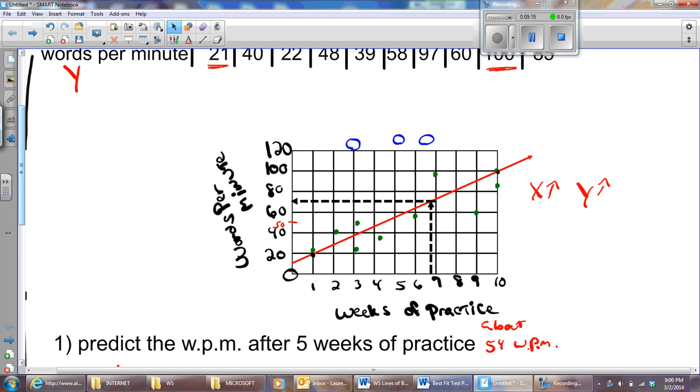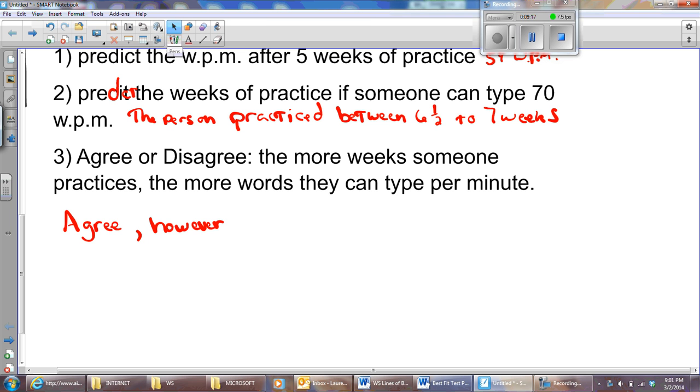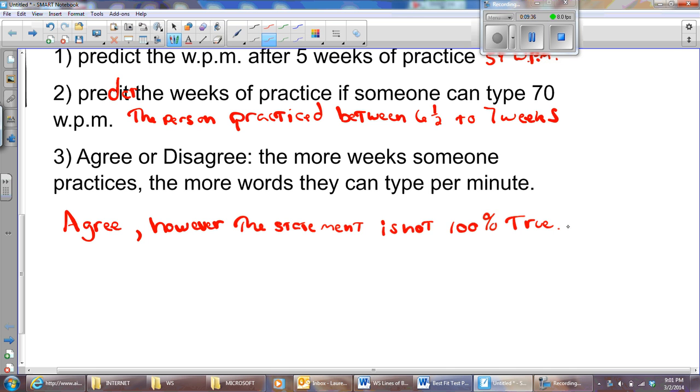I'm going to come down here and say, however, the statement is not 100% true. An exception, I'm not going to list all the exceptions, I'm just going to list one. If I list too many exceptions, it makes it look like I'm disagreeing when I'm actually agreeing. An exception to the statement